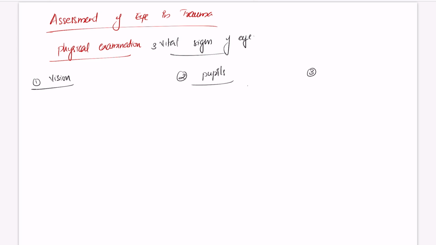Now about the assessment of the eye in trauma. Basically we have to do the physical examination. We have to check all three vital signs of the eye. The vital signs of the eye are: one is vision, second is pupils, and third is intraocular pressure. So about vision,